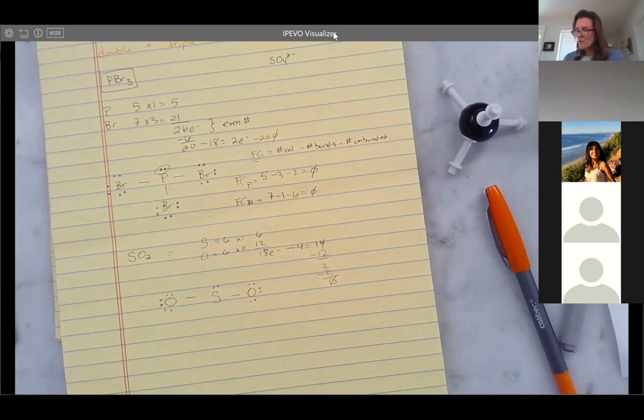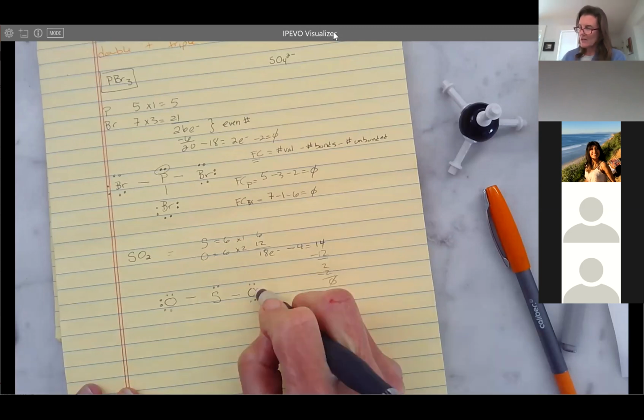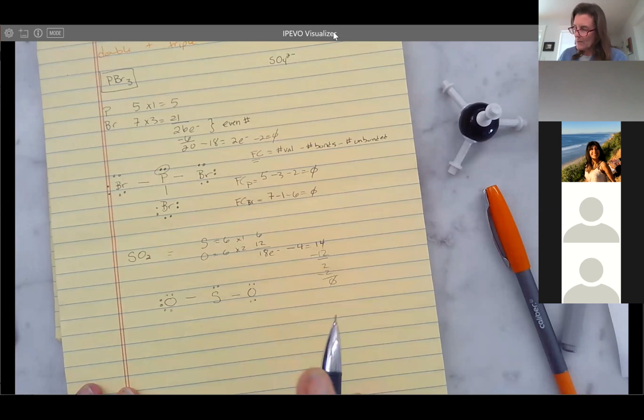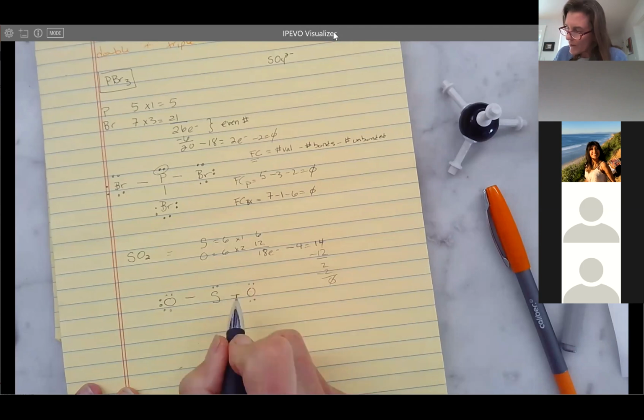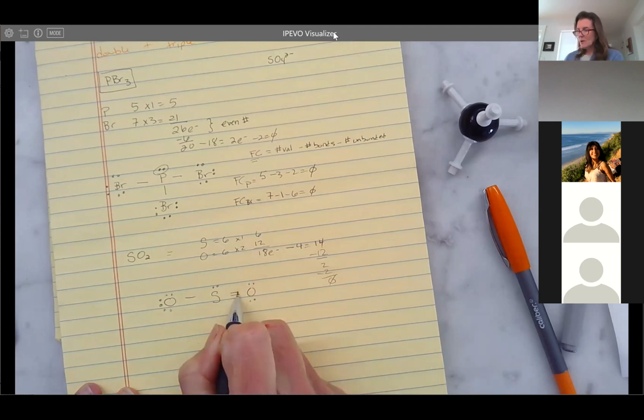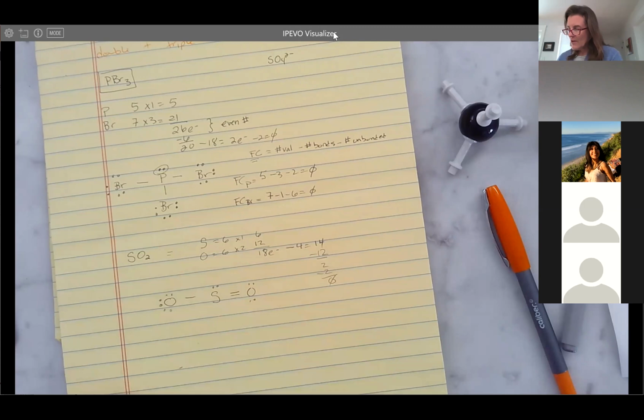Okay, so if you run out of electrons and you have atoms without octets, then you need to borrow from one of the atoms to create the octet. So I'm going to take 2 electrons from this oxygen and move them, make this so you can see it better, move them to create a double bond. So right now, this oxygen has 2, 4, 6, 8. My central sulfur has 2, 4, 6, 8. And this oxygen has,